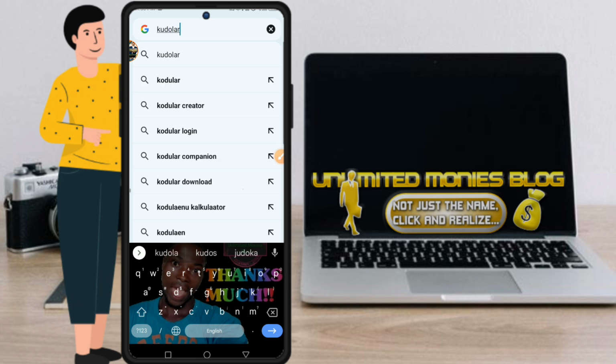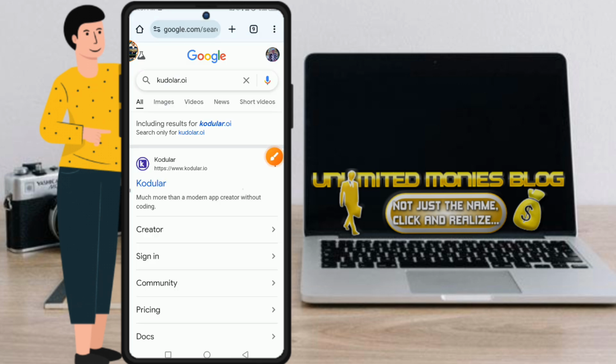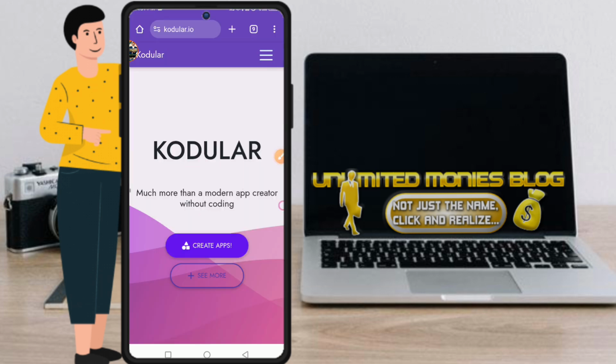Kodular. You can see it here, Kodular Creator. You can write Kodular. Once you click the send button, this is the first option here. Once you see the first option, you click on the option that you see. This is the platform, this is how it looks. The thing you have to do here, once you have it like this, you click on